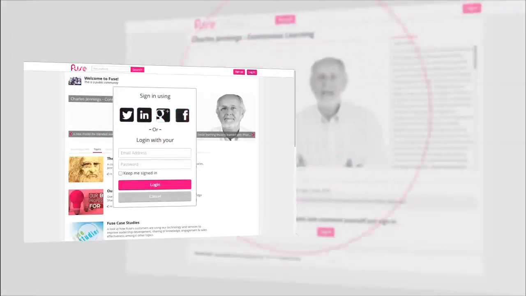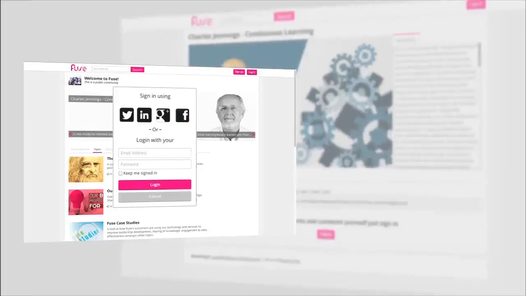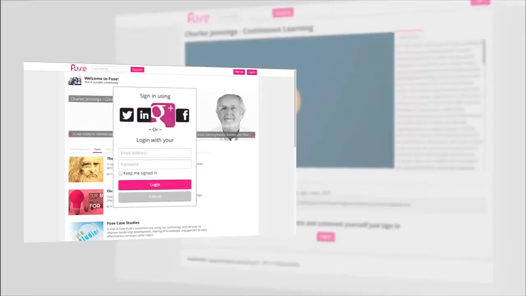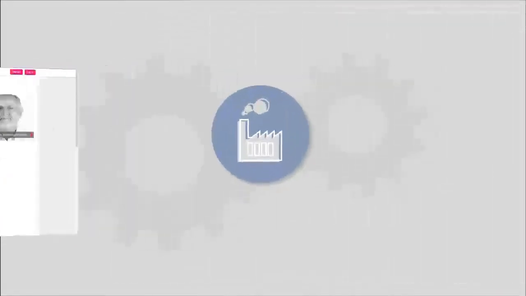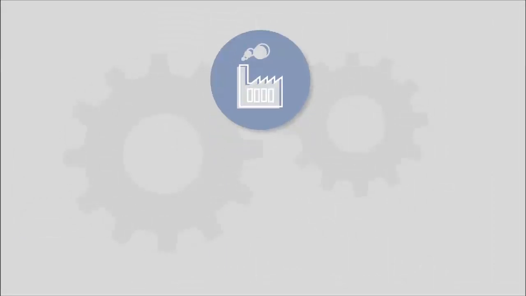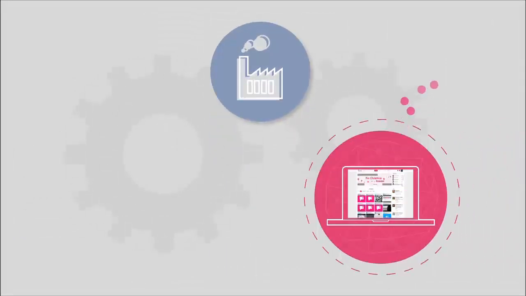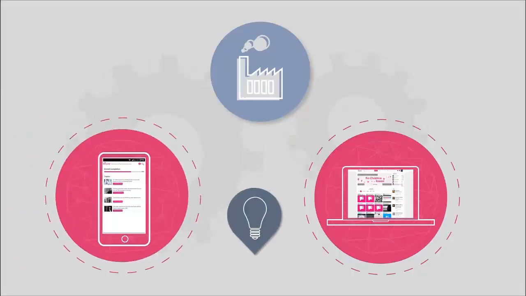The second part to it then is the integration with social networks. To allow people to actually now say, well, I've seen some of that free stuff on Charles Jennings. I want to go behind and see what else is inside that community. So I want to log in via my Facebook or LinkedIn or Twitter or Google+. So for a manufacturer, it could be, I've now had the teaser about what the platform is all about. Now I want to get inside and actually see if I can solve the problem with my phone, or just see what this device is all about.